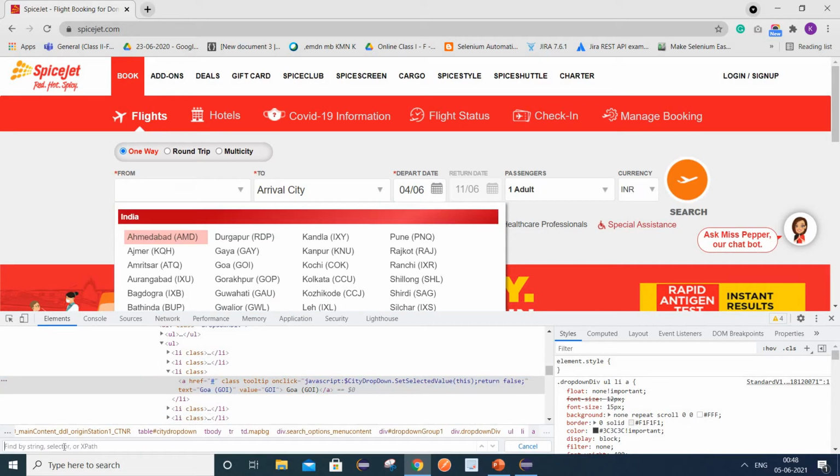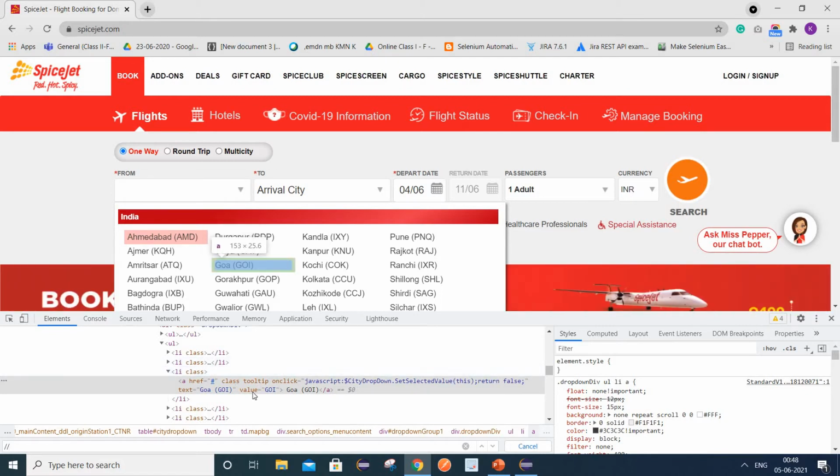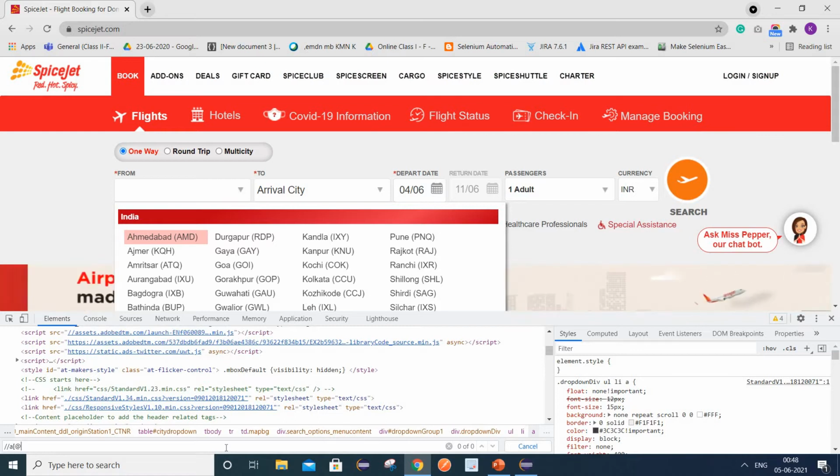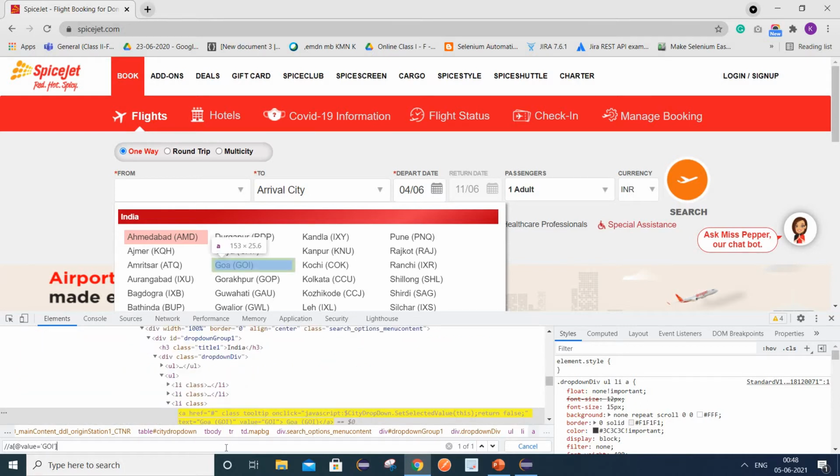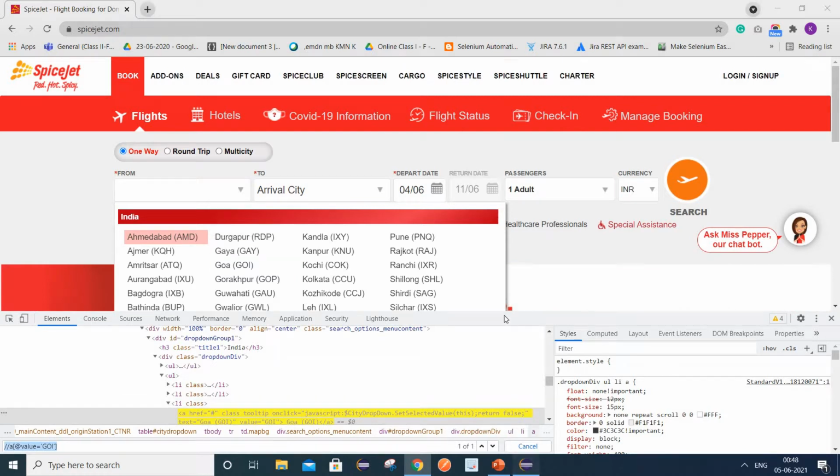So I will write the A. You can see it has one value attribute and its value is GOI. So I will utilize the same. I will write a[@value='GOI'], with the value in single quotes. Okay, so now you can see it is getting highlighted, which means our XPath is correct.